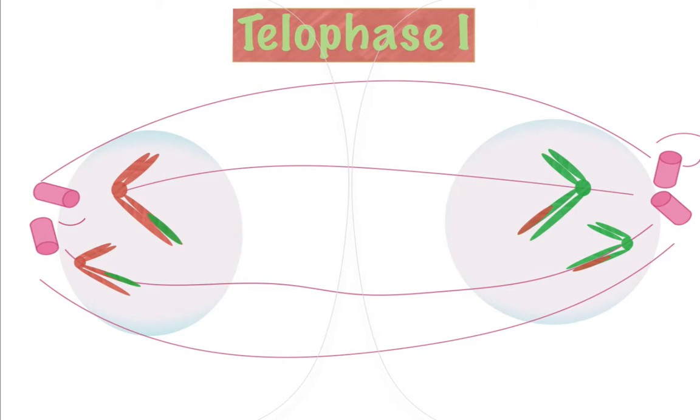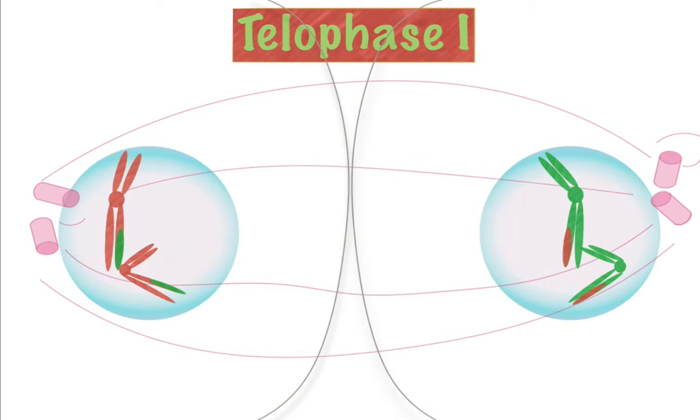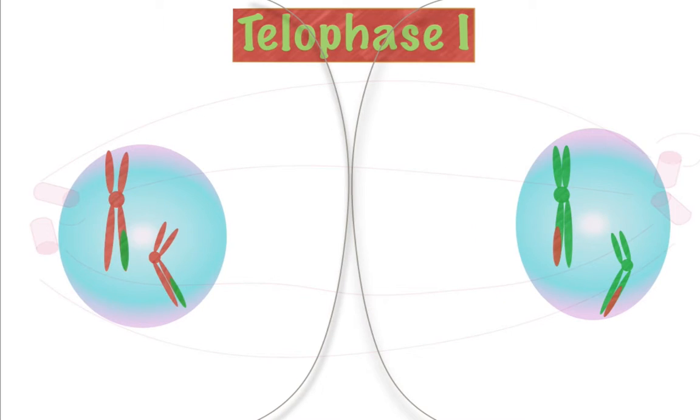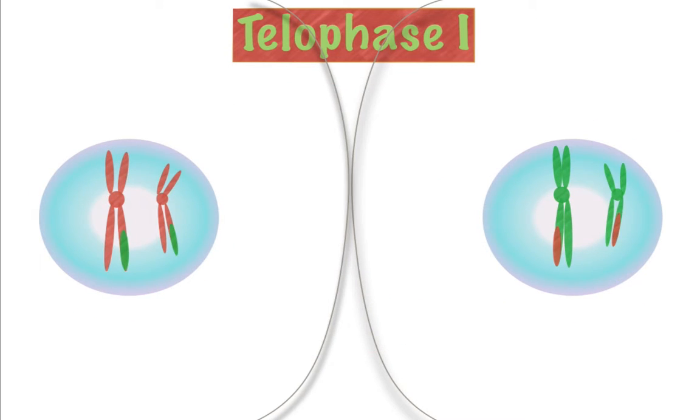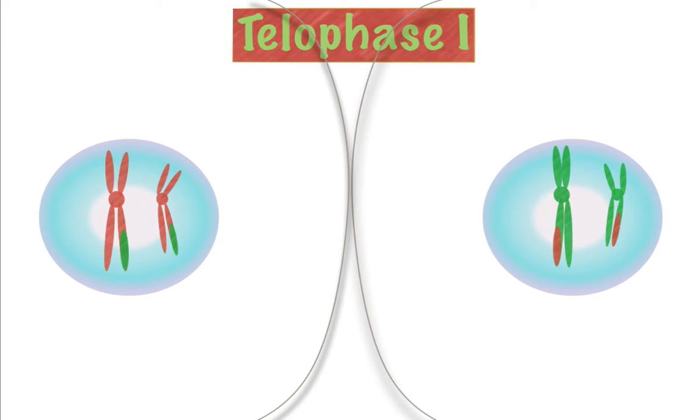And then the telophase stage, you have the reformation of the nucleus. Okay, and you'll notice that the cell membrane is also forming as well, making two cells. Okay, so now before you go from telophase I to prophase II, understand that from telophase I to prophase II, and I don't have this stage in there, but you have another phase